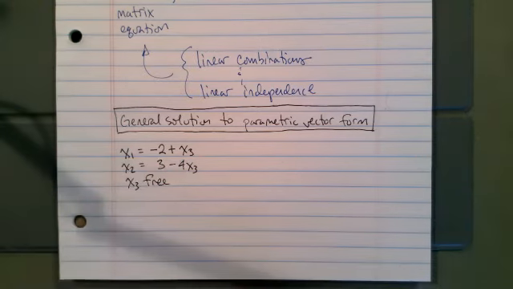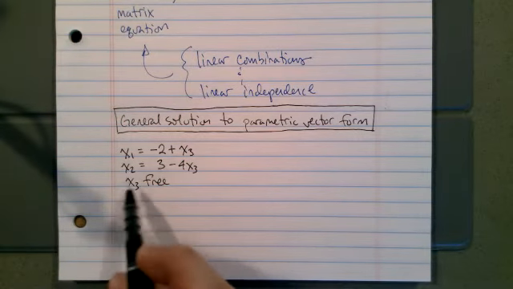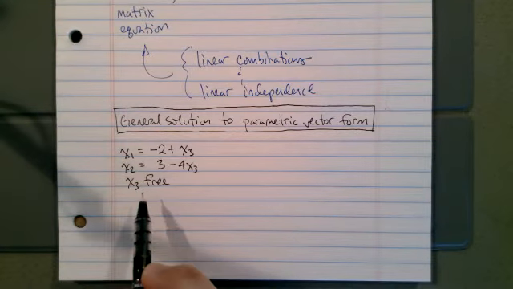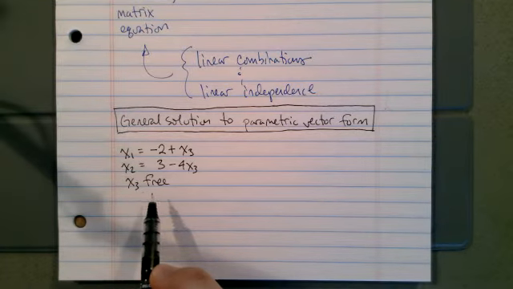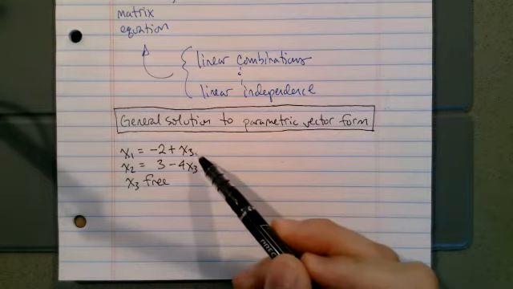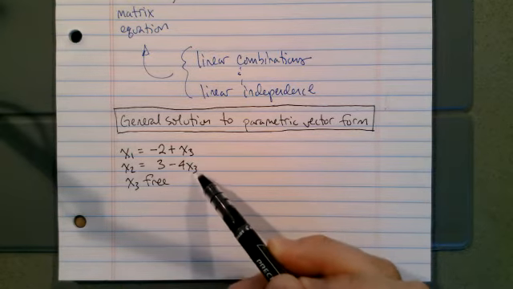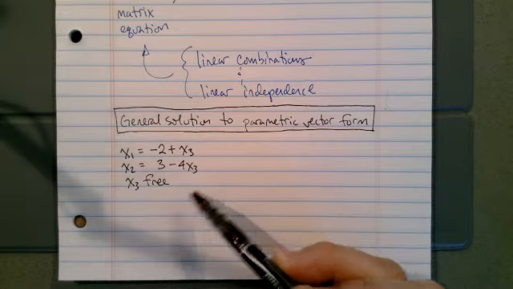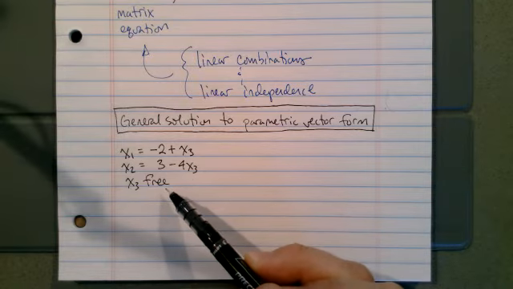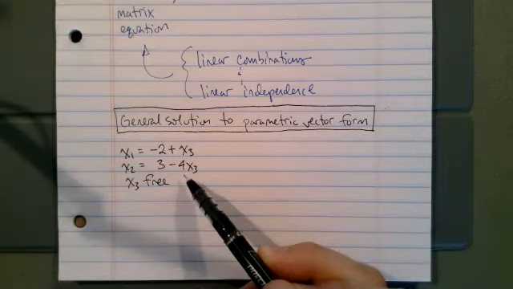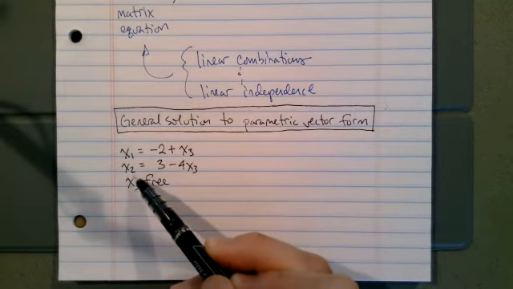One thing to note is that when you're writing the general solution to a linear system, you have to explicitly state what the free variables are. So if x3 is a free variable, you have to explicitly state that x3 is a free variable, even though you've implied that x3 is a free variable by writing x1 and x2 in terms of x3. The reason that I have you explicitly state that x3 is free rather than just implying that x3 is free is that I need to know that you know that we solve for the basic variables in terms of the